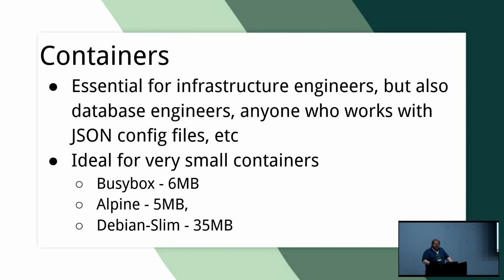So ideally for small containers, my preferred method of doing these things is usually using something like BusyBox, Alpine, and Debian Slim, so those are all really small containers. Typically a Red Hat installation, even the Red Hat Slim, is going to be 150 megabytes. So again, orders of magnitude, those are 10 times bigger than the smallest container you can have. And with small containers, you can just literally run one per request if you need to. No longer do you have to run 10,000 requests on one system. You can have the container literally just go away after it finishes the one request, and have a very easy to work with swarm that you can really track well and also understand what versions you're running for each one of these.